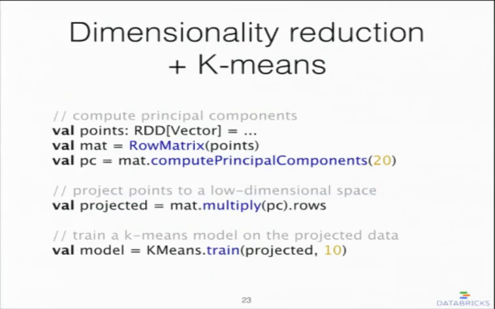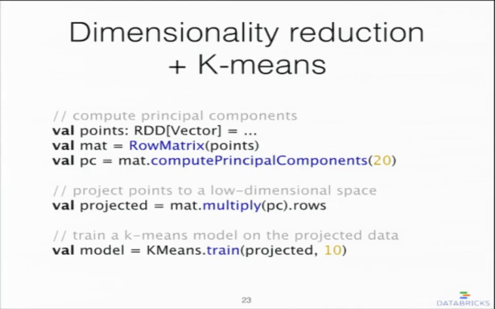Here we're using it first by doing dimensionality reduction and then running k-means. I haven't talked about dimensionality reduction, but on a very high level, the idea is that imagine you have many observations and they're each represented by lots of features. Having a high dimension can be costly when you want to compute distances or just operate on this data. It also can lead you to suffer from what's called the curse of dimensionality, where in very high dimensional spaces, Euclidean distances are not as meaningful as you would like. So both for computational reasons and potentially for statistical reasons, it can be a good thing to do dimensionality reduction